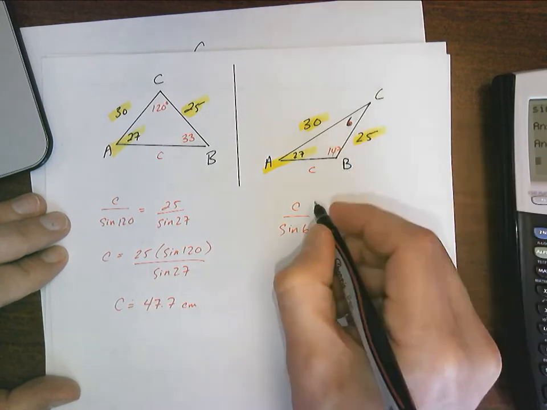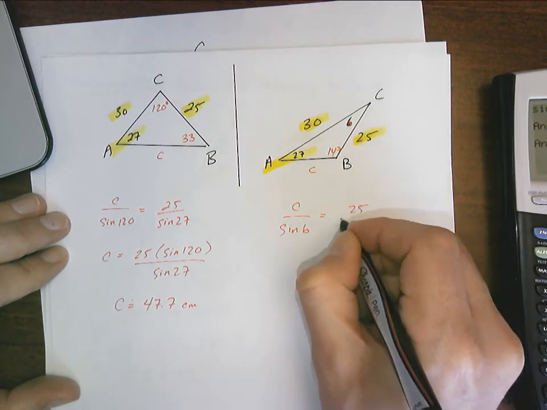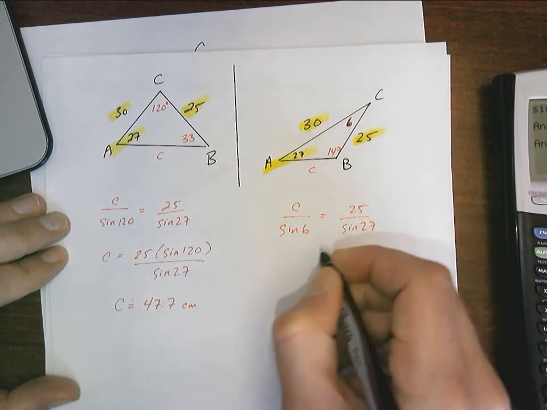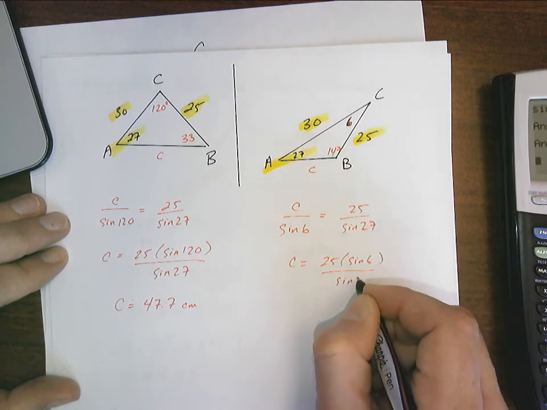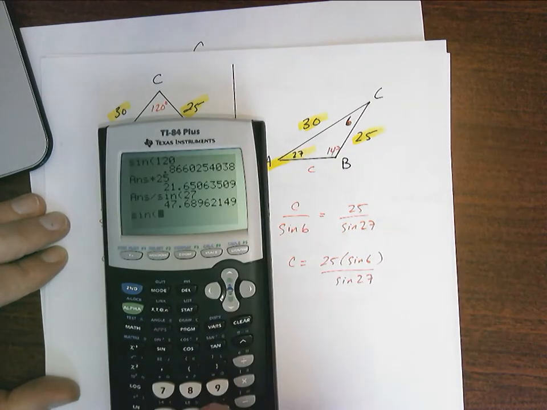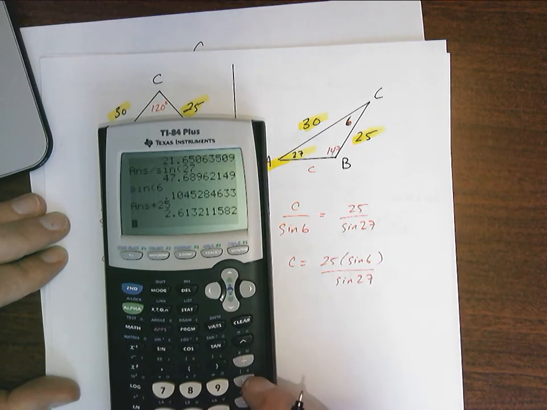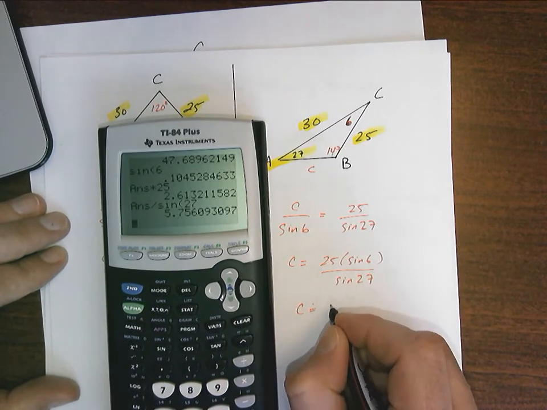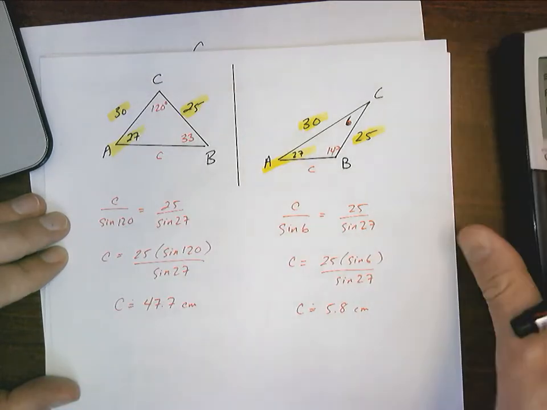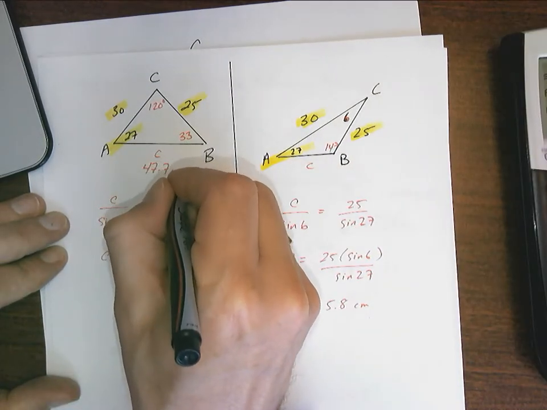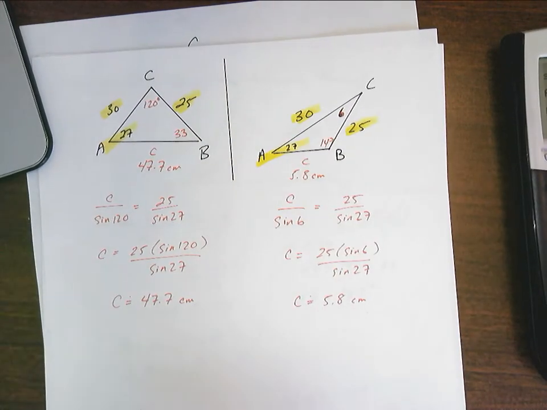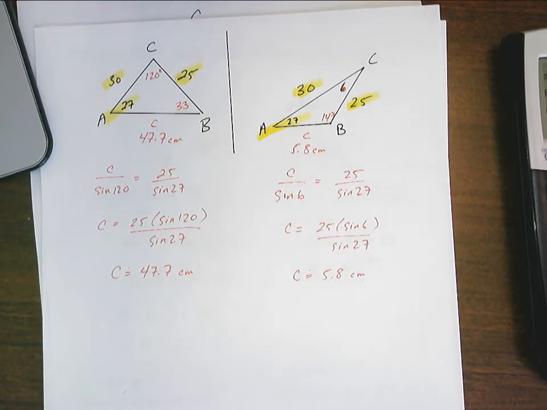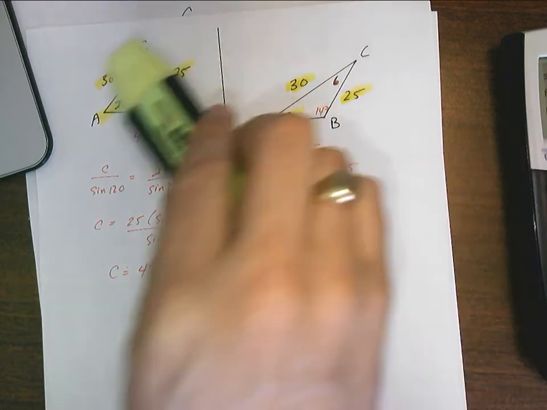And over here, the same calculation, the only difference is C will now be over sine of 6, because the angle opposite is only 6, equals 25 over sine of 27. So C will equal 25 sine of 6 divided by sine of 27. So sine of 6 equals times 25 equals divided by sine 27 equals, and we get C equals approximately 5.8 centimeters. So up here you've got 47.7 centimeters, and up here you've got 5.8 centimeters. Everything else stays the same, but you have two completely different triangles based on the exact same information,